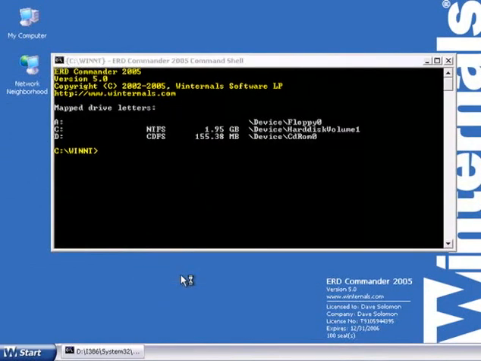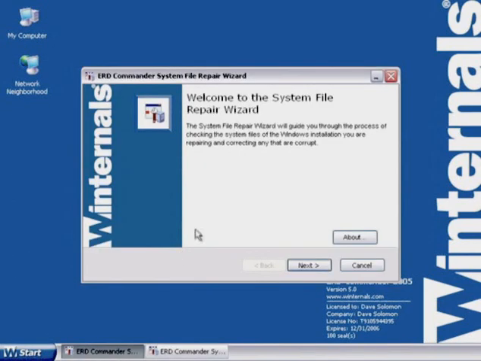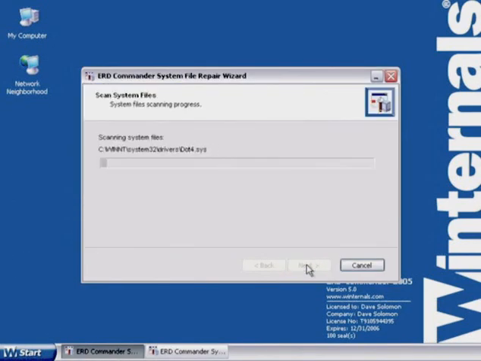System File Repair. Windows keeps a backup of many core system files in what's called the DLL cache. System File Protection uses this backup cache. And the System File Repair tool relies on that cache of information to scan what system files are currently configured on the machine, report any differences, and let you replace those with backup files. We're going to talk about dealing with system file corruption a little bit later. If you don't have ERD Commander, you can do these steps manually, but ERD Commander will automate it for you.